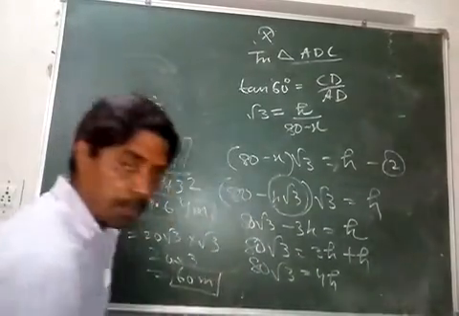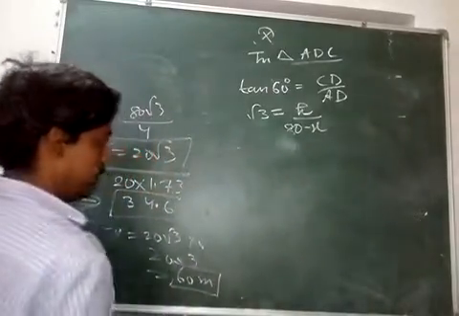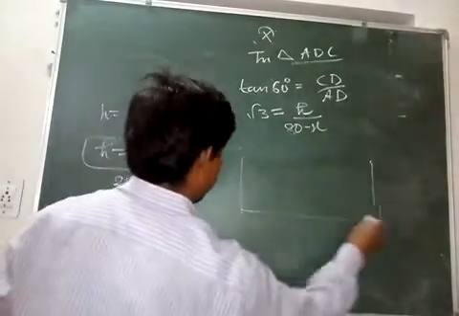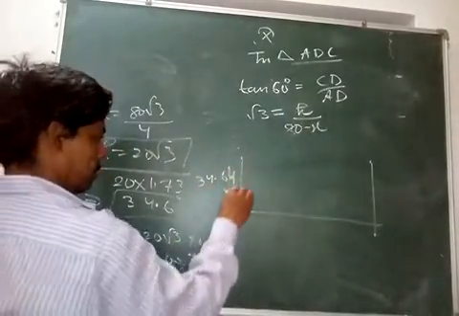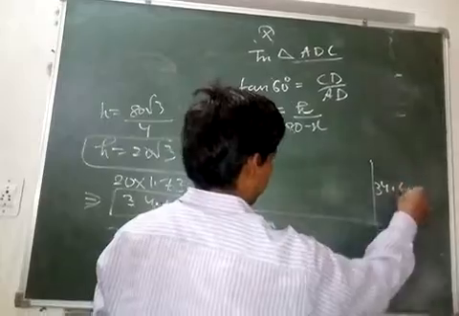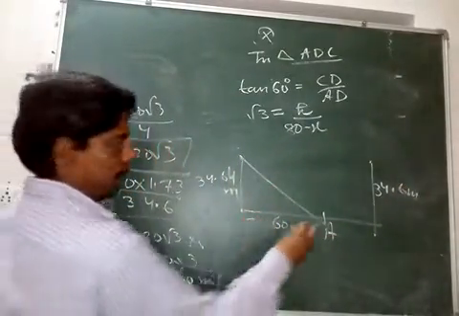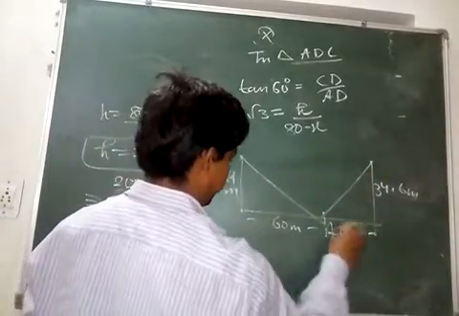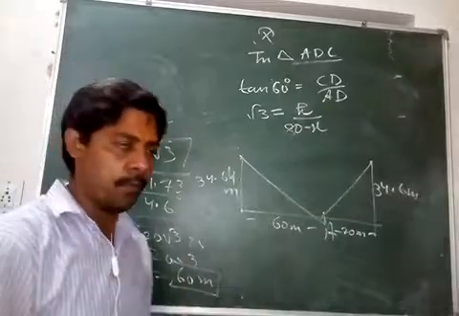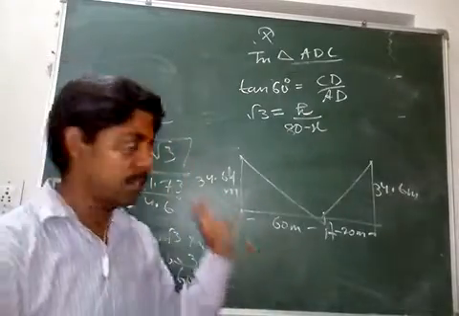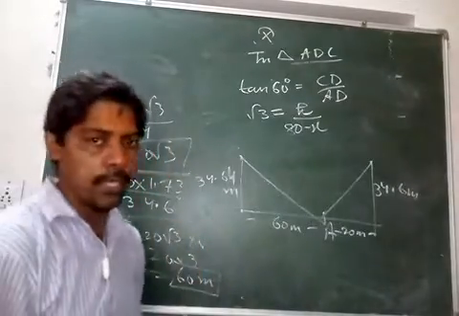So now we can redraw the diagram and understand. What we have done here is, these are the two poles. The height of these two poles has come out to be 34.64 meters. This distance has come out to be 60 meters, and this distance has come out to be 20 meters. So how have we solved them? We have taken the two triangles that we had, and we have applied simple trigonometry, tan theta. We made two equations, and then we solved the two equations by the method of substitution. So if you know this, you will be able to get the answers.